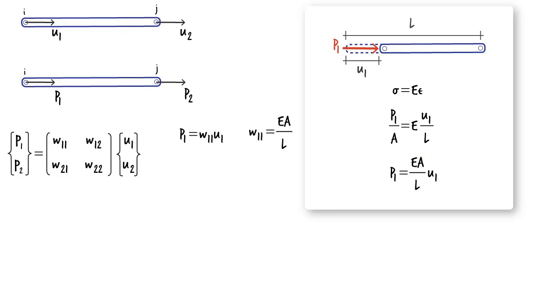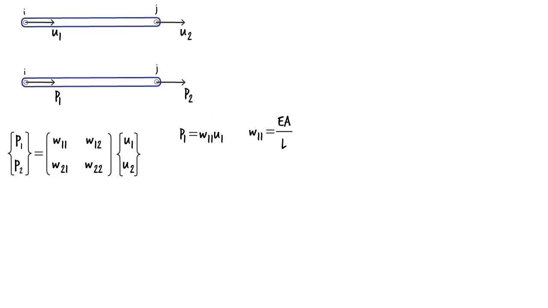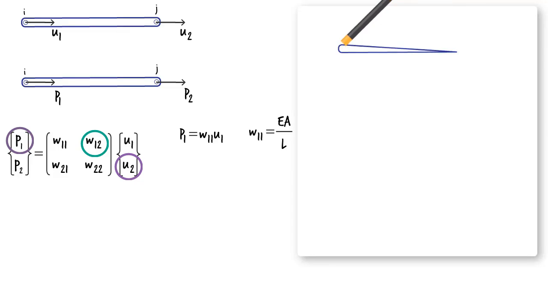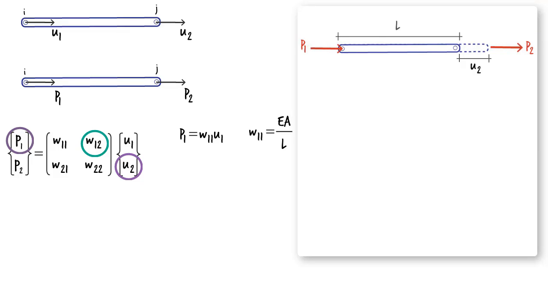The other coefficients of the stiffness matrix can be computed in a similar manner. Here is how we can determine W12. The coefficient is for pair P1U2. That is, if we give the truss member an axial displacement of U2, then the force caused at the left end of the member, which we refer to as P1, is W12 times U2. Using the axial stress-strain relationship, we can write,